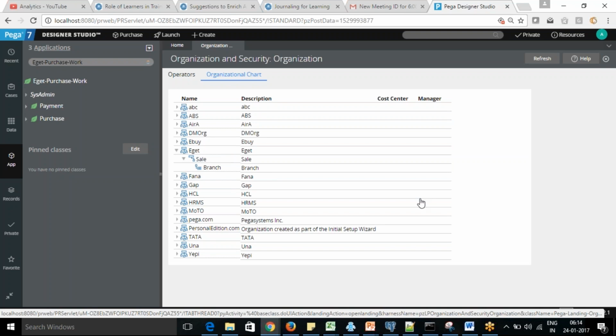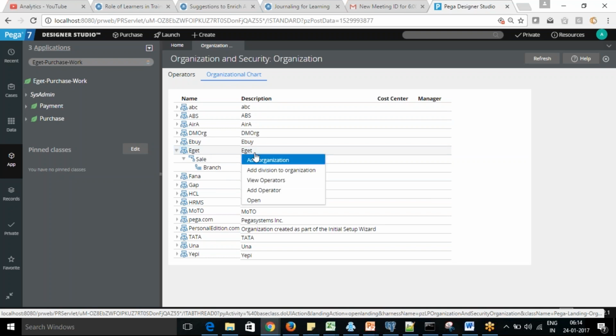In earlier versions, like Pega 6, it was a little different. When you were creating an application it was also different, and there were different rules for that: application accelerator, application profiler. There, you first needed to create your organization and then create all the rule sets and everything yourself. But with Pega 7, they have simplified how you can create your application. So here you can see that this is your organization.